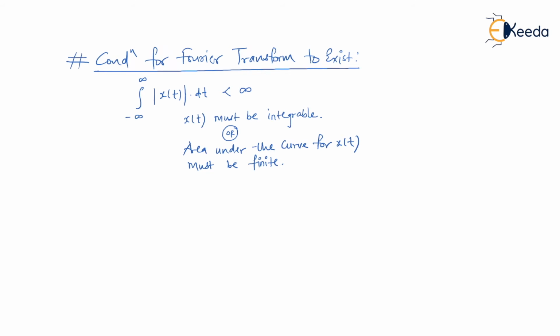Is that right? So now we will see x of t, and by observing x of t we will see whether it is integrable or not. If it is integrable, then 100% its Fourier transform does exist. But if this condition is not satisfied, then still we are going to check whether a Fourier transform is possible by simply applying the formula, because the Fourier transform formula is available to us, right? Because X of omega is the integral from minus infinity to infinity of x of t e to the power minus j omega t dt. This is a standard formula we have.